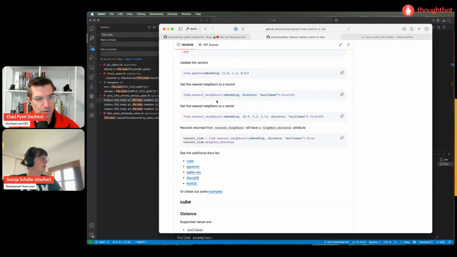So there's two ways of doing this. Dyson points out that Euclid is the mathematician's name, I think Greek. You can call nearest neighbors on a particular ActiveRecord, or you could do it on the class.